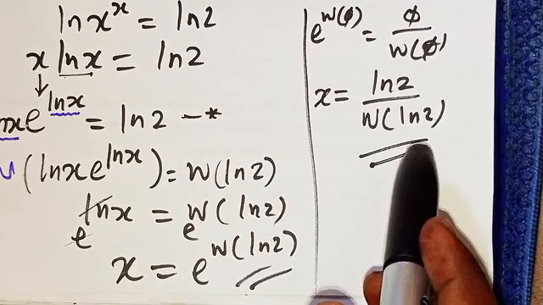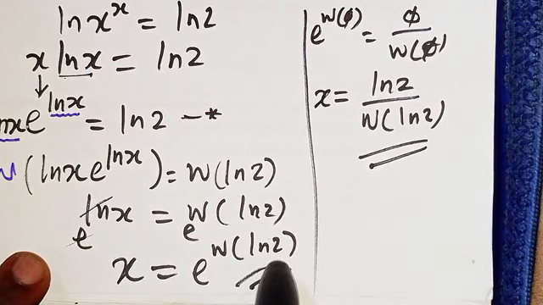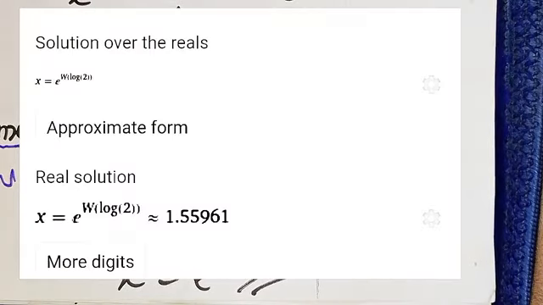And that's the solution. So now we have the value of x to be ln of 2 over the Lambert function of ln of 2, or you can say x equals e raised to the power W, the Lambert function, of ln of 2. Then also we can have the approximated value for the value of x to be